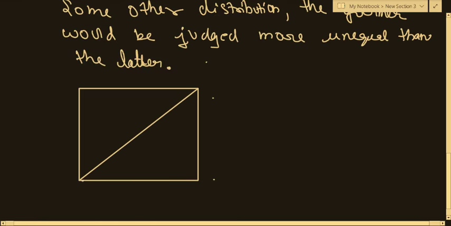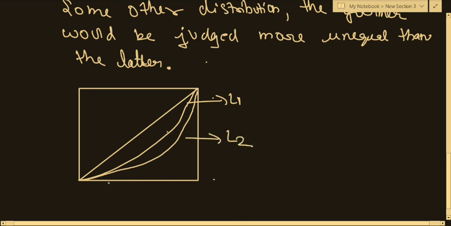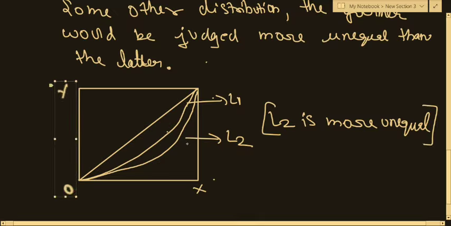We have this line of equality. Let's say we have L1, a Lorenz curve, and we also have L2. Pardon the drawing, but imagine L2 lies to the right of every point of L1. If the L2 Lorenz curve is lying to the right of every point of the L1 Lorenz curve, then L2 is more unequal. Okay, so again in mathematical terms,